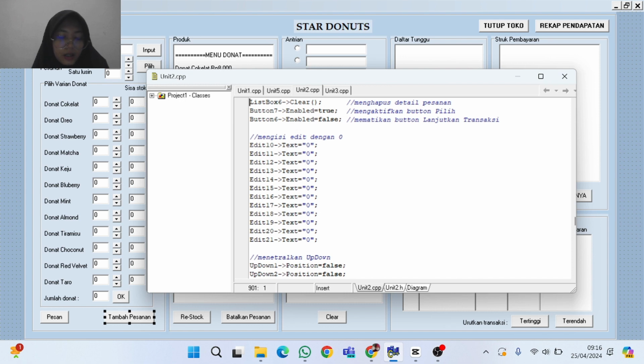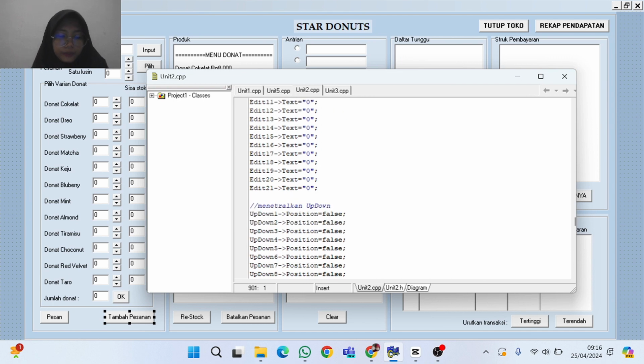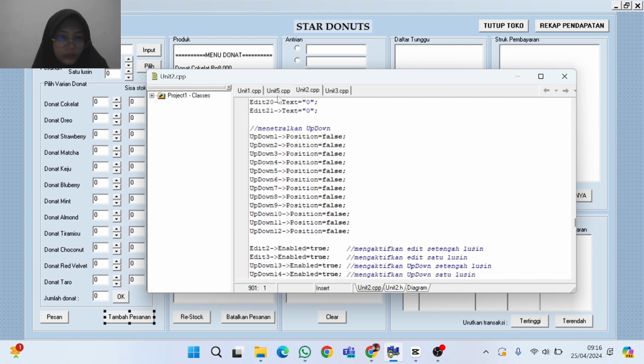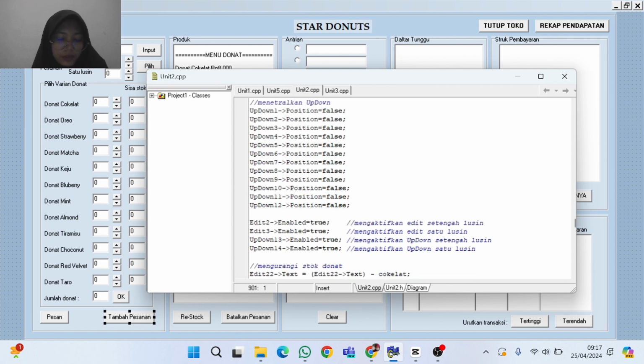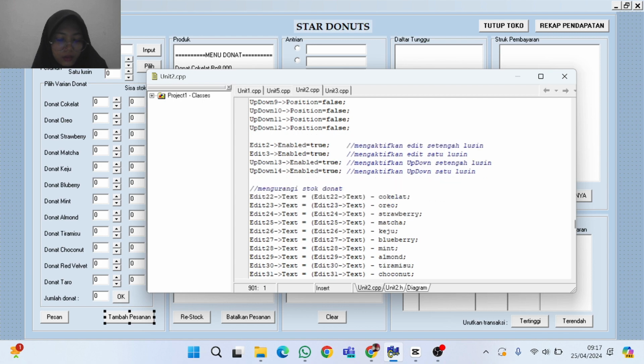All edit donut variants will be 0 so that the customer can choose a new donut variant for the new package. Edit 2 and edit 3 will be on. Up-down is also on to select order. If selected, the donut stock will be reduced.